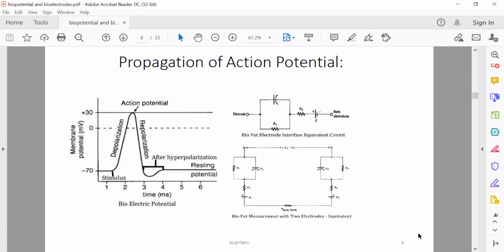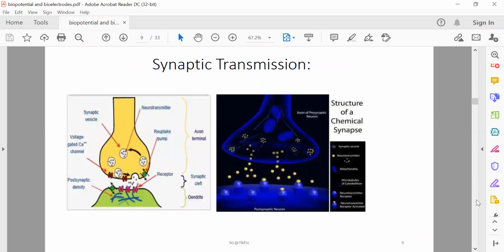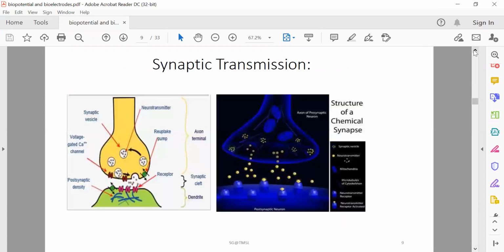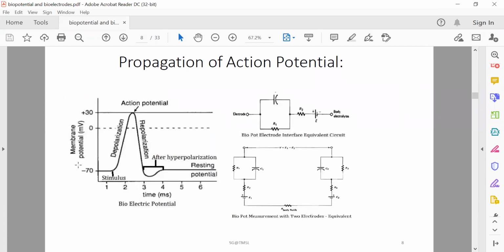Propagation of action potential. So first understand this graph. When the rush of sodium ions through the cell membrane stops, a new state of equilibrium is reached, and the ionic currents